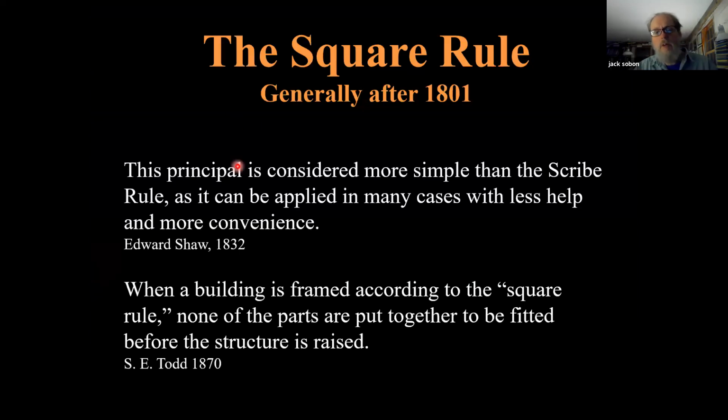So the square rule came in around 1800. The oldest documented one we could prove so far was 1801. That was in Hillsdale, New York. Undoubtedly, we're going to find something a little bit earlier, but I don't think it's going to be much earlier than that. Anyway, so the square rule is an American innovation, near as I can tell, where you don't have